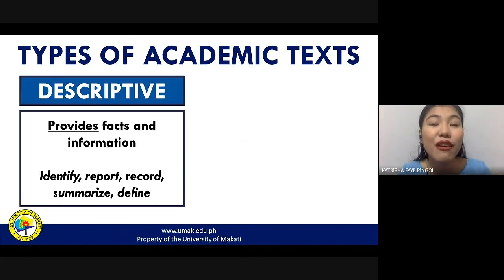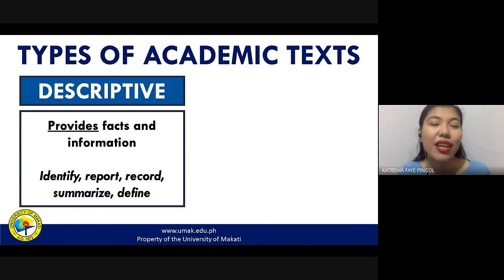So it delivers facts and information to support the concept, to support the idea, in a way describing that particular concept, describing that particular idea as well. Some keywords, particularly in forming objectives in writing descriptive text, include identify, report, record, summarize, and define. So when you see this as an objective, or when you think of these things as your objective, your purpose of writing that particular academic text, then definitely the type of academic text that you have to write is